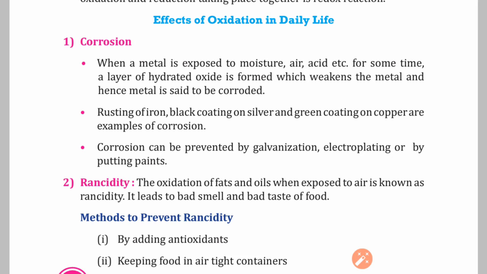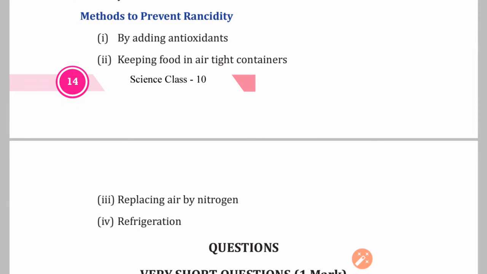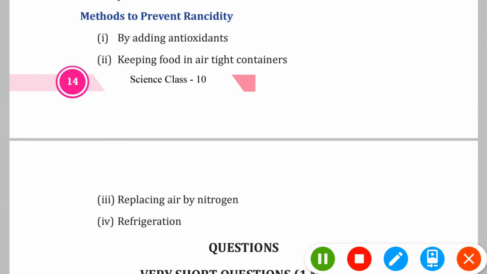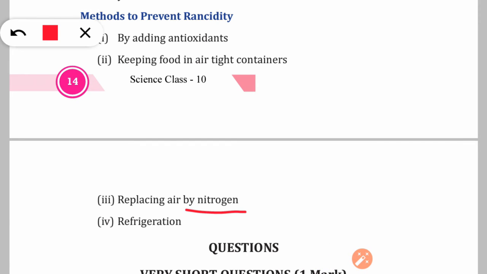Second is rancidity. Oxidation of fats and oils when exposed to air is known as rancidity. This leads to bad smell and bad taste in food. Methods to prevent rancidity are addition of antioxidants or putting the food in airtight containers. Replacing air by nitrogen. So remember, the chips packets are flushed with nitrogen so that they can be preserved for a longer time. Or another method to prevent